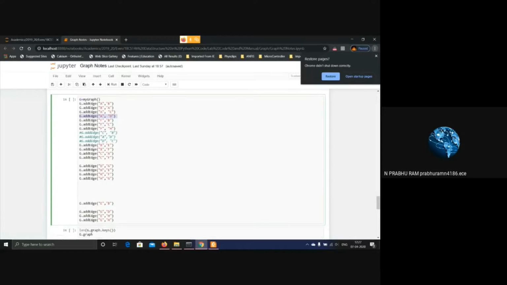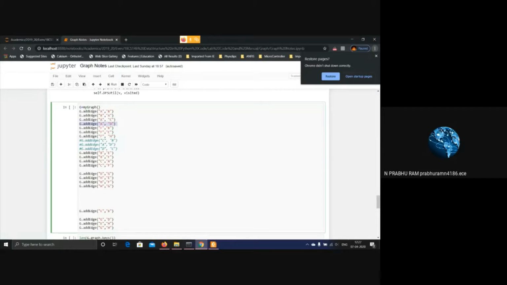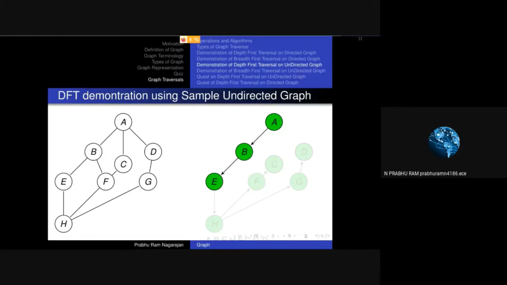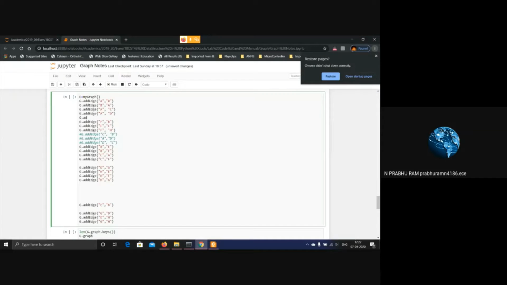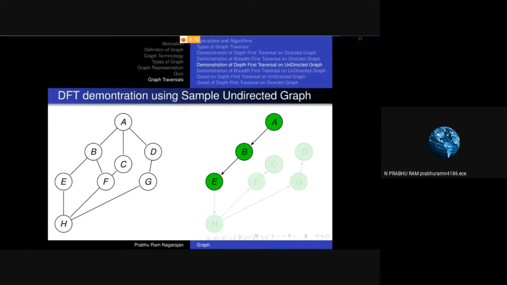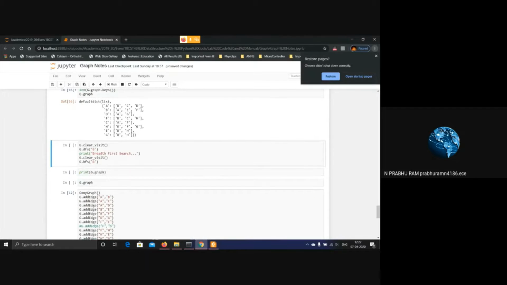I think I added it. Let me see where I actually added. Okay, let me add G comma edge. Similarly, from B to F, F to B, E to H, like this the edges are added. So if I do the same traversal,